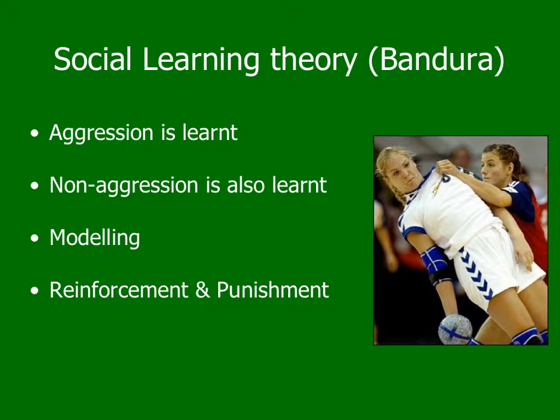Okay, so as with all social learning theories, the key point is that aggression is learned. I think it's almost a bonus point that you can talk about non-aggression as well. That can be learned, and obviously that's important with us moving forward in terms of controlling behaviour. Social learning theory, again, as a general principle, is modelling, that we learn from modelling others. So we learn aggression and non-aggression from role models, significant others who we copy,